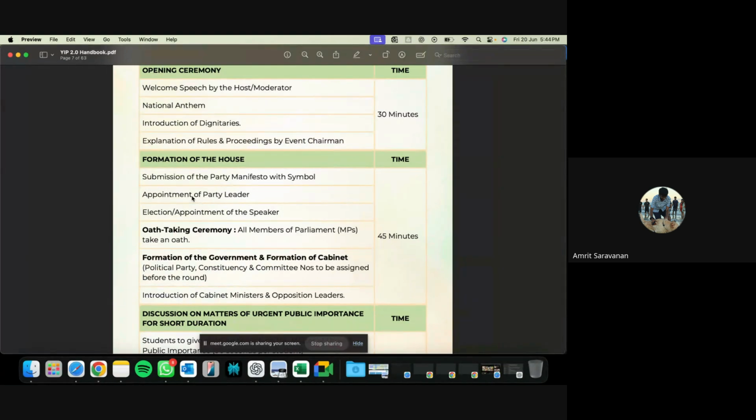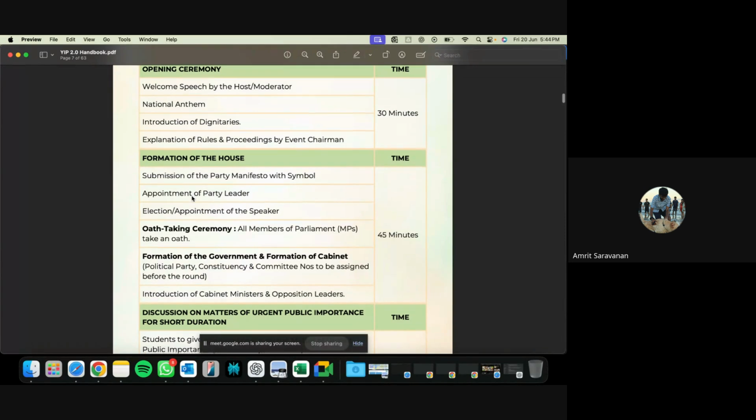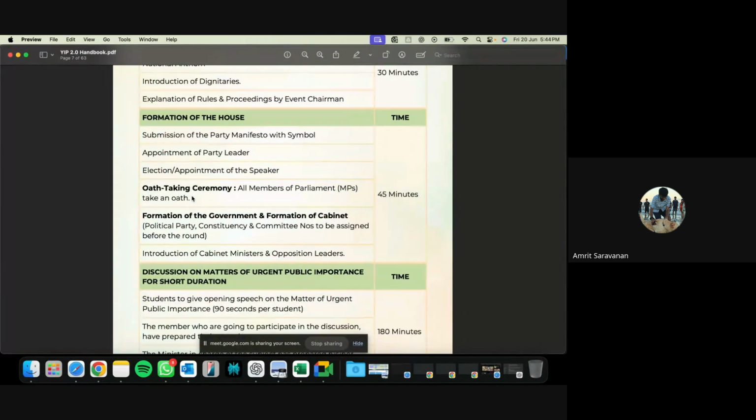we will come to a conclusion on which party or coalition of parties will form the ruling party, and which party or coalition of parties and independents will form the opposition. We will take 45 minutes to do this. Before this, we will also elect the speaker for the sessions across the 2 days. The speakers will comprise one main speaker and two deputy speakers who will take care of proceedings on both day one and day two.